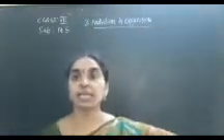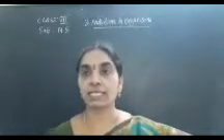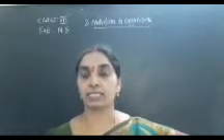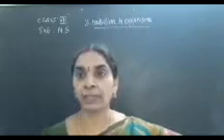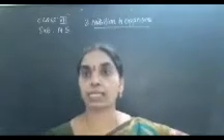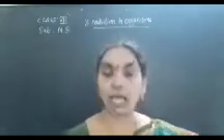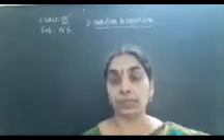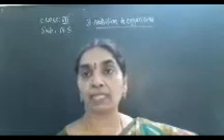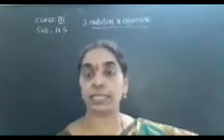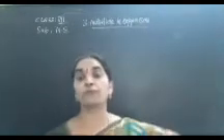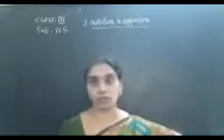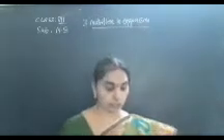In today's class I am going to continue the question answers that I started in the previous class. Already we have completed 5 questions and now we are in the 6th question. The question is, how do you prove whether the leaves other than green can also prepare their own food, that is, whether they can perform photosynthesis or not. So this is the question over there.